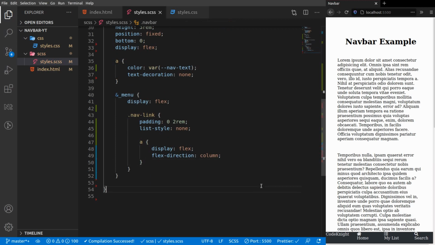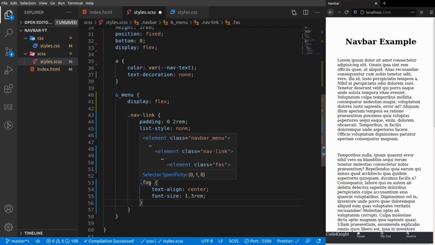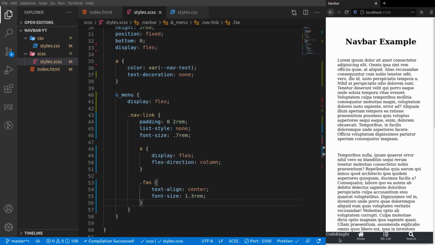And we'll reduce the font size a bit. I'll increase the icon size and align it to the center by using the class FAS. And for the logo, we'll highlight it using a different color and move it to the top of the page. So for that,